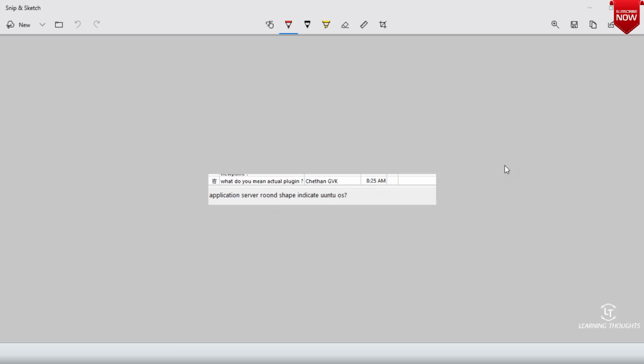Shall I continue with the dependency system? Sir, Urban Code Deploy plugins are different, right? Urban Code Deploy plugins are for Urban Code, which add functionality to Urban Code. Nagios plugins are to do the checks. See, the plugin concept is very simple, right? A plugin is an additional functionality that you are adding to your application.